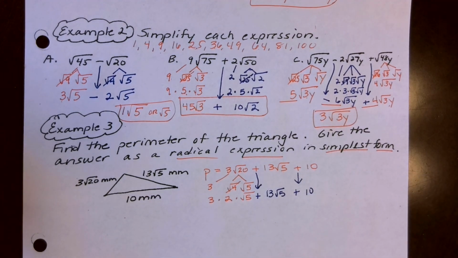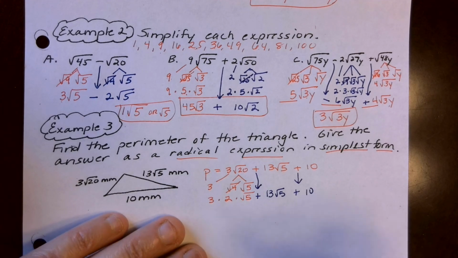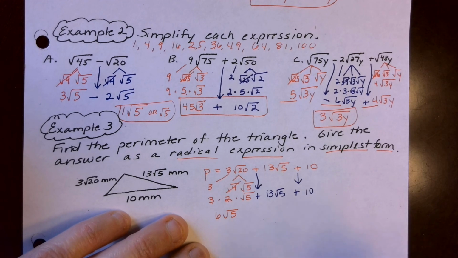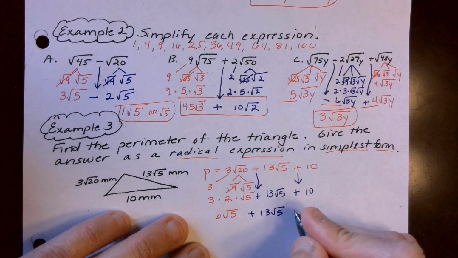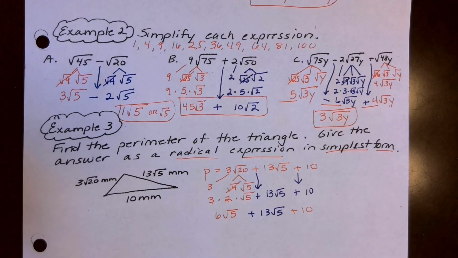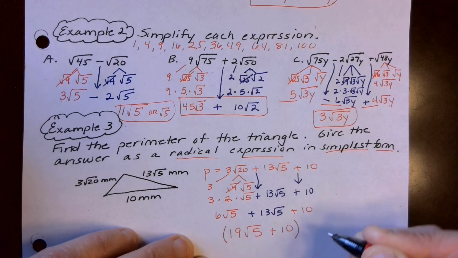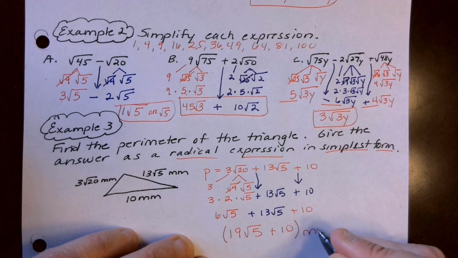Now, what can I put together there? Well, let's finish this up. We didn't finish that. That's 6 root 5 plus 13 root 5. Switch my colors back here to plus 10. These two have like radicals, so I can put those two together, but I can't put it together with the 10. So I'm going to have 19 root 5 plus 10. Parentheses around it, millimeters,